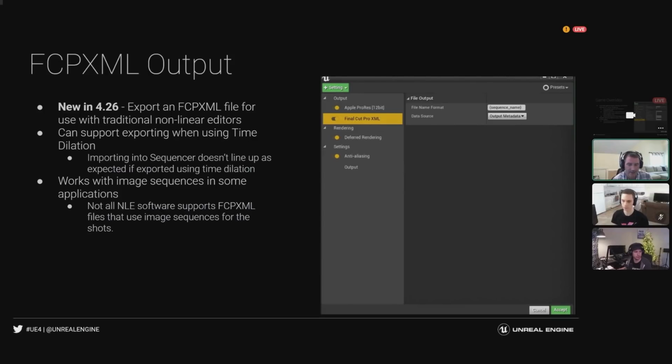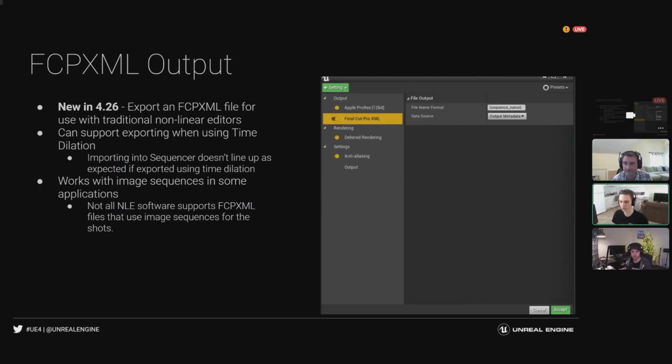You can use it inside of Adobe Premiere and many of the other NLEs to go back and forth, but it's not supported by every single NLE out there. So you'll have to choose which ones, if that's the workflow for you. But a lot of times for the filmmaking audience, being able to go back and forth between the NLE and allow the editor to make some changes to the cut and then bring that back in is really important. So that's why we have added support for Final Cut Pro XML.